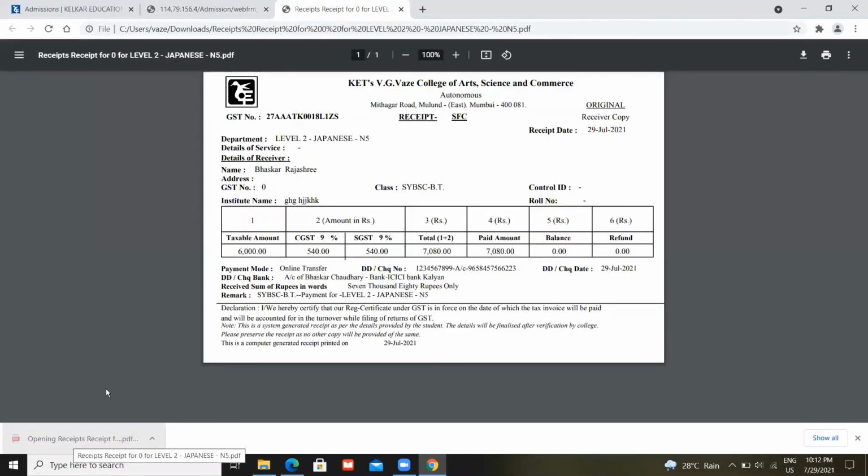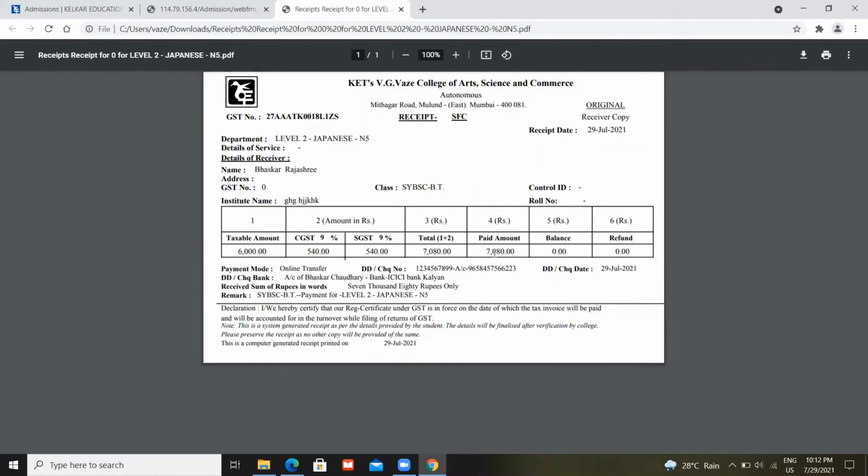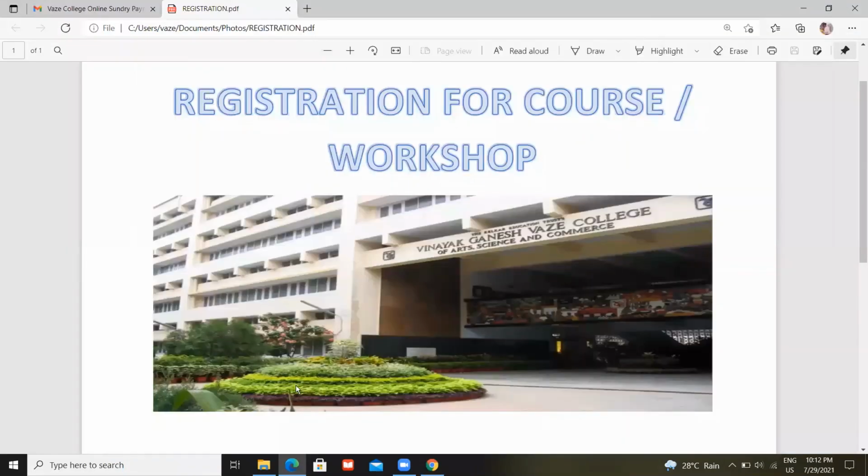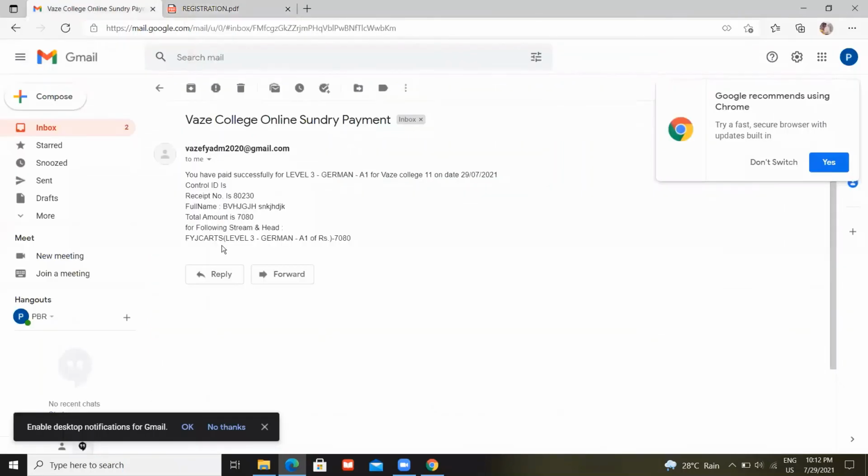Once I open it, you will get the receipt from the college for the amount which you have paid. Also, you will receive a mail on your email ID like this, that you have registered for this course on this date and other details.